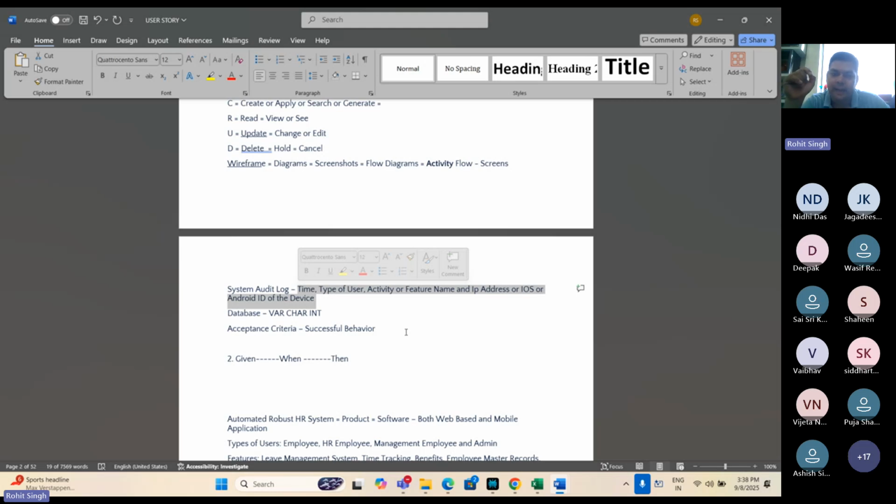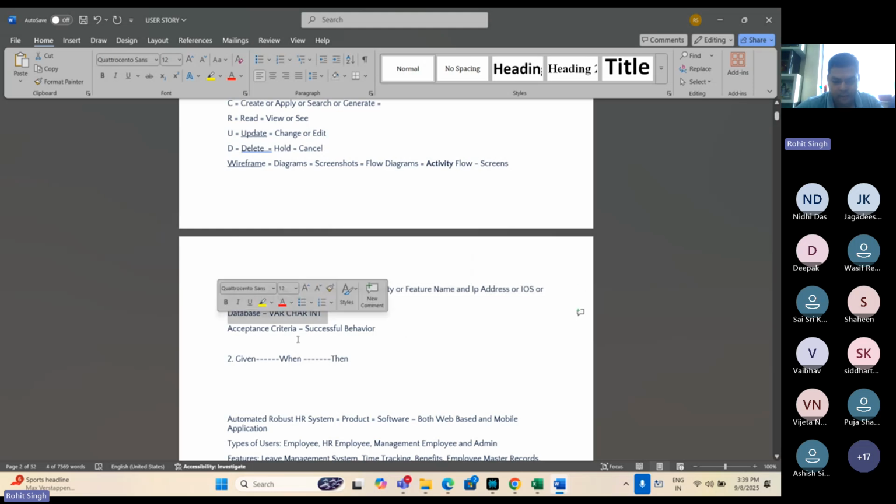So how will the admin get the data? Because the system has an audit log. Each and every feature is system audit logged. So every time I apply for a leave, the system audits and tracks it and stores the data so that it is available as and when required. So now I will get the data that Rohit always takes a paid leave every month. That is why each and every feature is system audit logged.